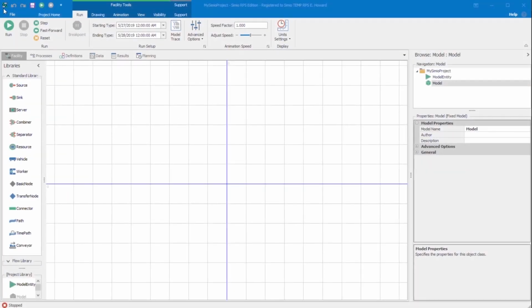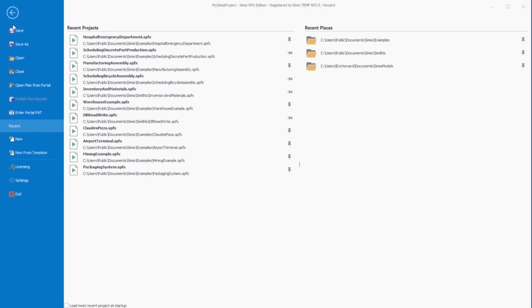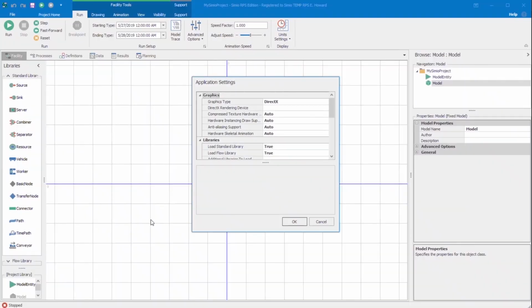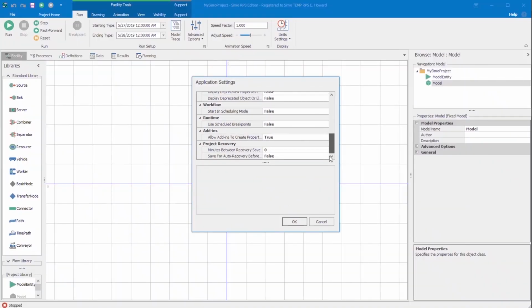Project recovery files option. In File Settings within the Application Settings window, there are now two new settings for project recovery. By default, this feature is off, as the minutes between recovery save is set to 0, and the save for auto recovery before run is set to false. If a user were to turn one of those on to get a recovery save, wait the time limit or run, then end Simio using End Task through the Task Manager or other unexpected crash,